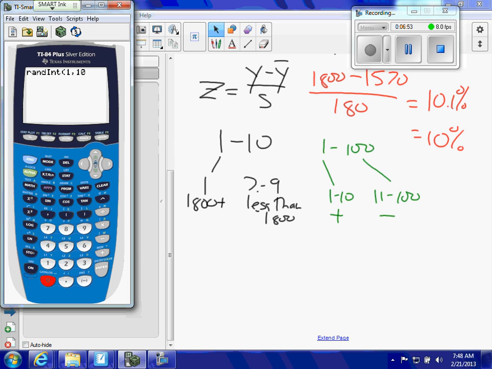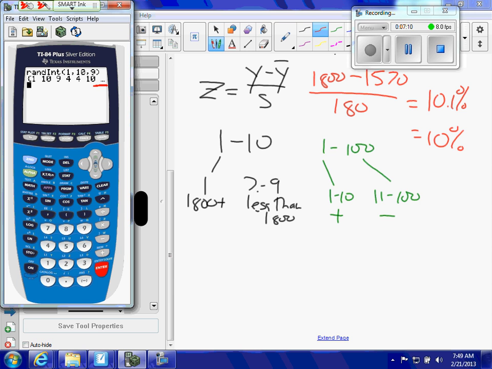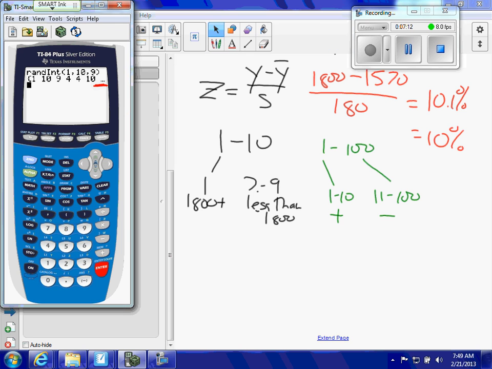And I know I want a lot of them, but I know that my screen can only fit a certain number. And I don't really feel like having the dot, dot, dot. So if I put 9 here, and I ask for 9 of them at a time, you can see that some of my numbers with that dot, dot, dot are telling me that they're off the screen, and then I have to scroll, and that's kind of aggravating. So I see I can have 1, 2, 3, 4, 5, 6 numbers there pretty easily. So I'm going to go